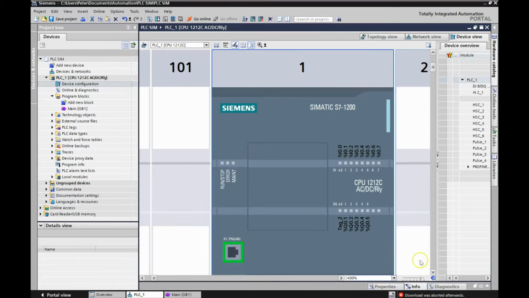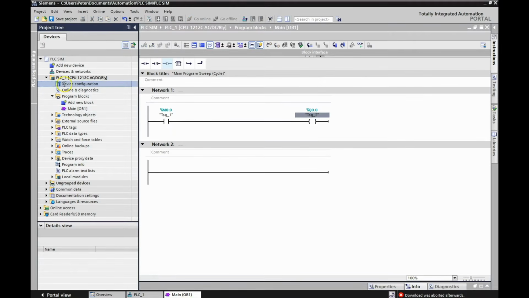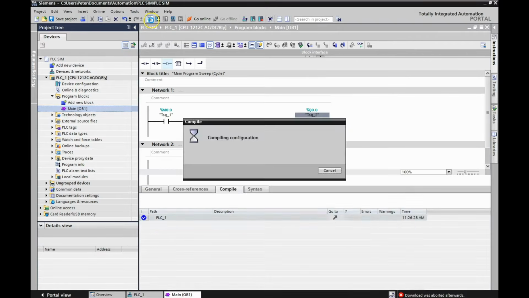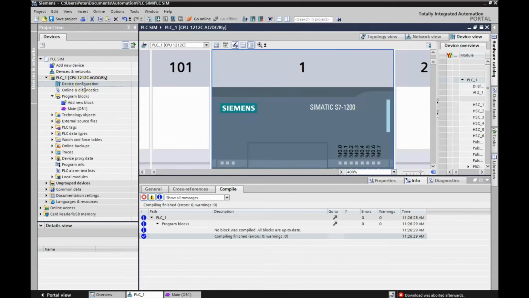I've done a simple 2-wire control in my main OB1. So I just have one tag here with a normally open contact with %M0.0 and an output at Q0.0. If I go back to my device configuration, well, let's do this, my main OB1, I've compiled it here, and there's no errors and no warnings. If I go back to my device configuration,